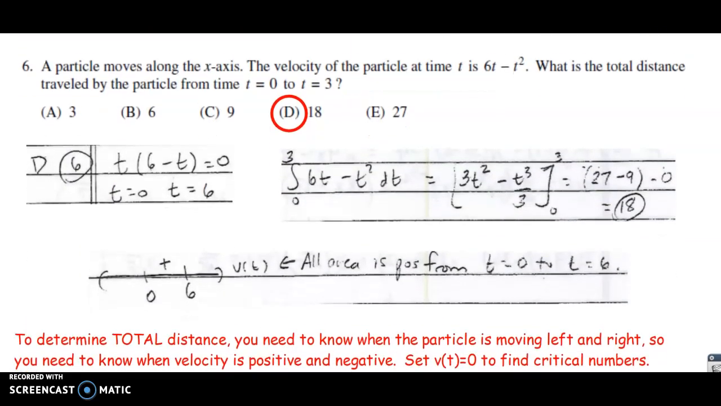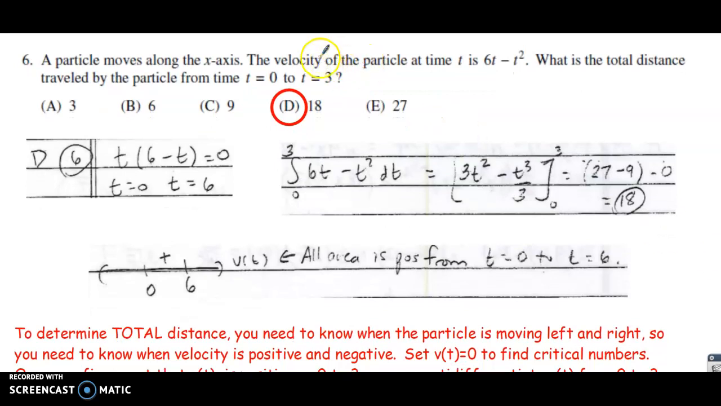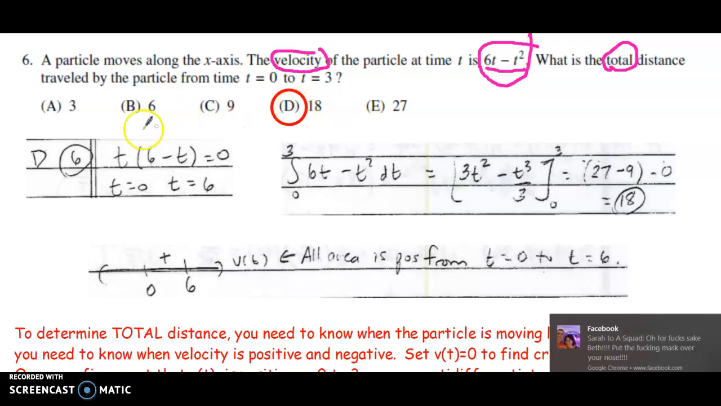Number 6, a particle moves along the x-axis. The velocity of the particle, so we're dealing here with velocity, is given, and the velocity is 6t minus t squared, and we want the total distance traveled by the particle. This is the no calculator section, so we're going to have to figure out whether there are any places where this function goes below the x-axis. So we're going to start by,